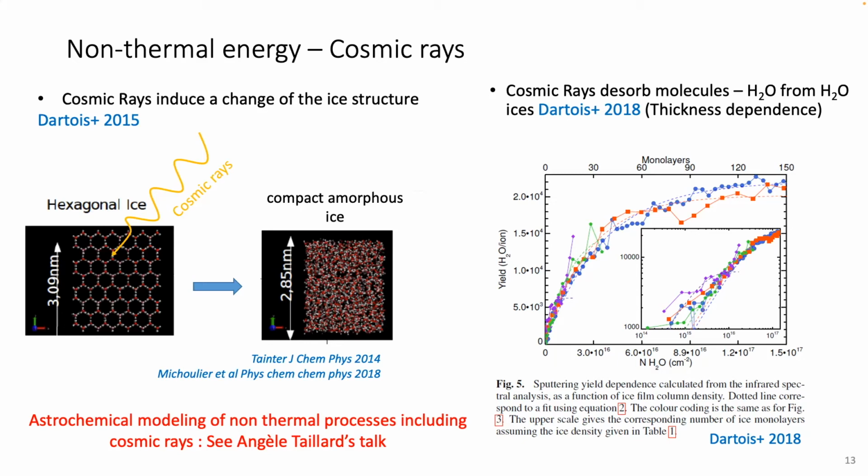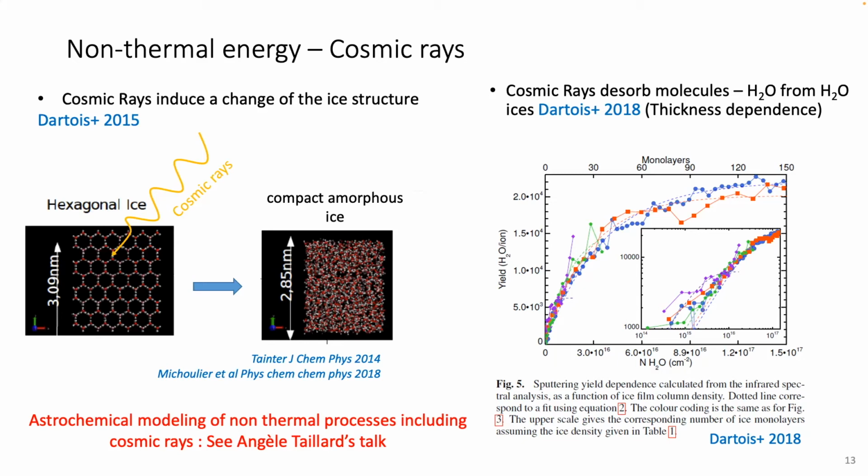And then another effect of cosmic rays. So here they studied water ice, and they studied the water desorption from the water ice. So actually it's called sputtering. It's really a lot of molecules that get out from the ice. Here you see the efficiency of this cosmic ray analogs sputtering. So for one accelerated ion, you have 10^4 water molecules that get out from the ice. So it's really very efficient.